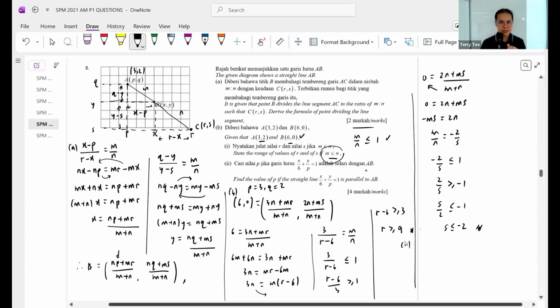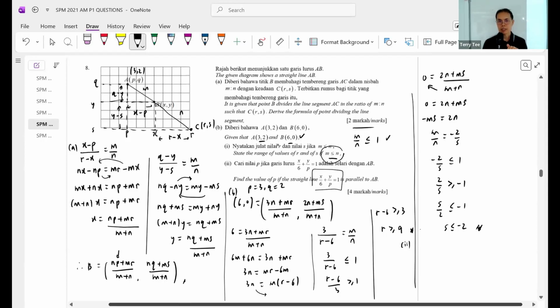Yeah. Now, this one itself is very long, like this Roman 2. There are other ways, but because I'm just using the result from the first part, I think it's easier to just use the result. Some people go and find the midpoint and then compare. You can also use the midpoint to compare. All right? Okay. Now, find B if this straight line is parallel to AB. Okay, this one is easy, because I know